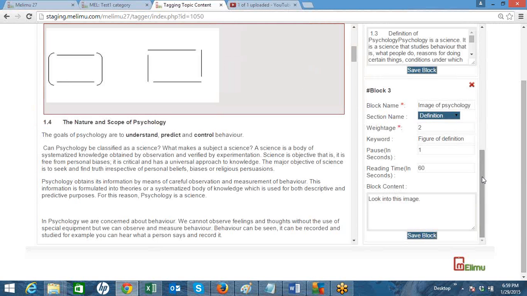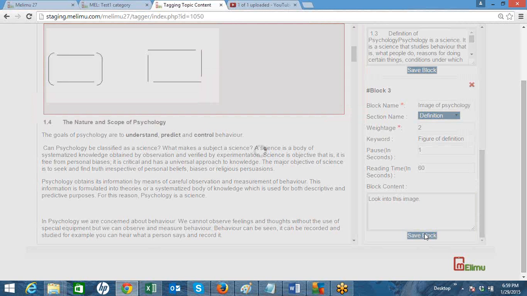Similarly, repeat the process. Make sure your internet connection is not down, otherwise the block will not save.